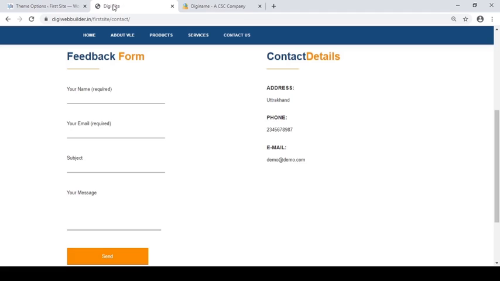Now to check the changes, go to the website again, refresh your site. You can check the changes here.